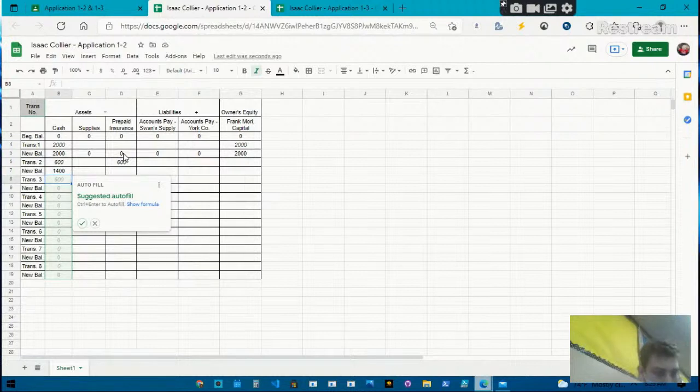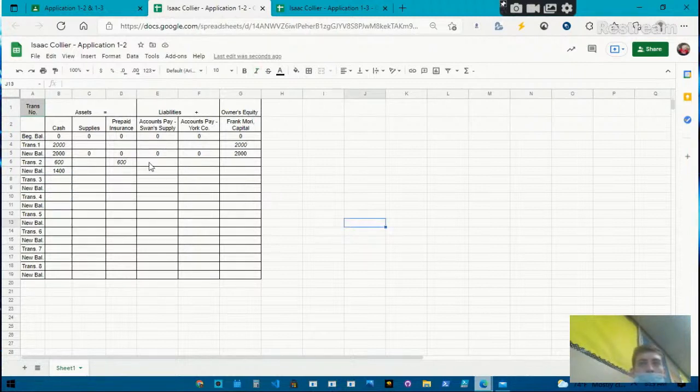Now press it, and it does the math for you. And you do not want the suggested autofill because the things are going to be different. Some are going to be adding and some of them are going to be subtracting. So don't do the suggested autofill. Then you're going to go over here and do 600 there. And because you're only adding